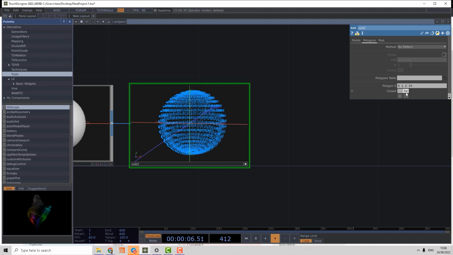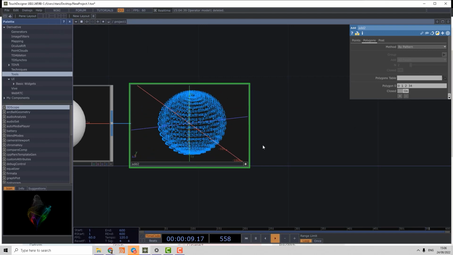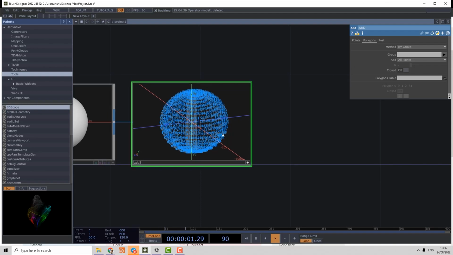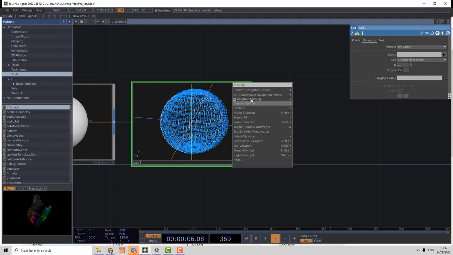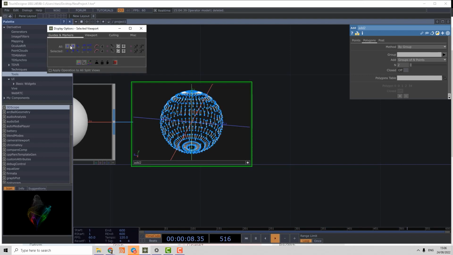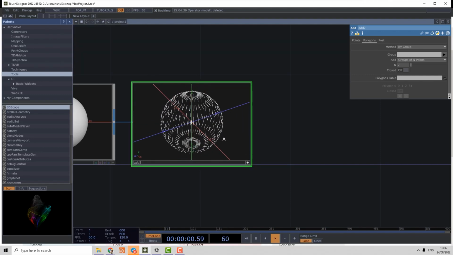That is not completely practical in most cases, and there are more procedural methods where we can generate polygons by group. We can connect all points, and we can use a group of n points, for example, to connect every second point,